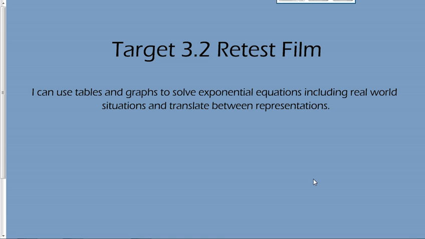You are watching the Target 3.2 retest film. In this film, we're going to use tables and graphs to solve exponential equations, including real-world situations, and translate between